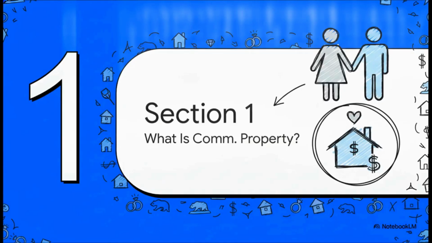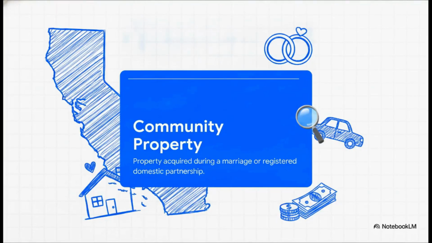What is community property? Here is the short version. Any property you acquire while legally married or in a registered domestic partnership is presumed to be owned equally by both people. Since California is a community property state, our ownership rules differ from common law states. Here, an asset is usually owned equally, even if only one person earned the money, signed the contract, or handled the whole transaction. This covers everything from real estate and wages to vehicles and bank accounts obtained while the relationship